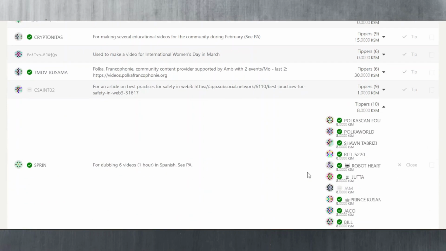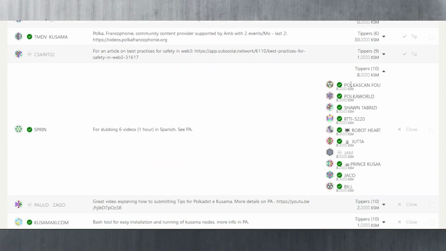So what this actually means is that each of these council members are telling the community what they're due to get, or what they could get, or what they're entitled to get, I should say, right? For example, if they believe that you're entitled to get 8 Kusama, they will vote with 8 Kusama, but it doesn't mean that they're going to tip you directly. These council members are not tipping you their 8 KSM from their wallet. They're just saying to the council, this person is entitled to receive 8 KSM from my point of view